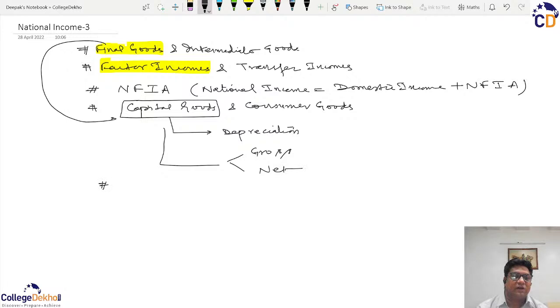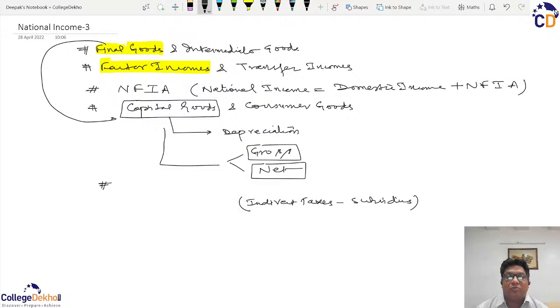And the last topic for the day that we will try to cover is that, out of these gross and net values of the capital goods, there is one more thing: whenever you purchase these goods, whether they are capital goods or consumer goods, there are certain indirect taxes like GST which are being paid by the public to the government. And in some cases, the government provides you subsidies. So subsidies are what you are receiving from the government as a consumer, and indirect taxes are what you are paying to the government as a consumer, and the net of the two will be known as net indirect tax,